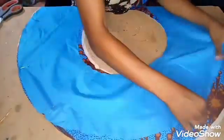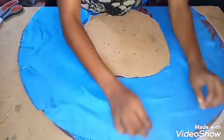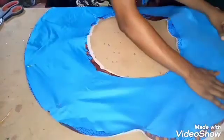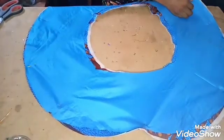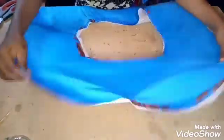This area is very essential for beginners. If you're a beginner in the house, please make sure you make use of your office pin. Very important. It always makes your work neat, perfect. And mind you, you can either sew it round like this, or you slash one side from your flare,